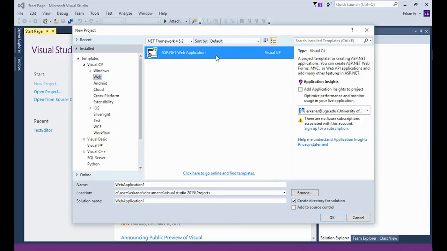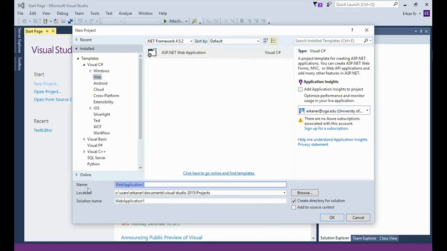To create a project or application, I need to type a project name. Let's type Learn VS, Learn Visual Studio. And when you type a project name, you may notice that the solution name is also automatically set as the project name at the bottom of the window. Solutions are the root containers for projects. A solution can contain one or more projects, and every project has to be included in a solution.